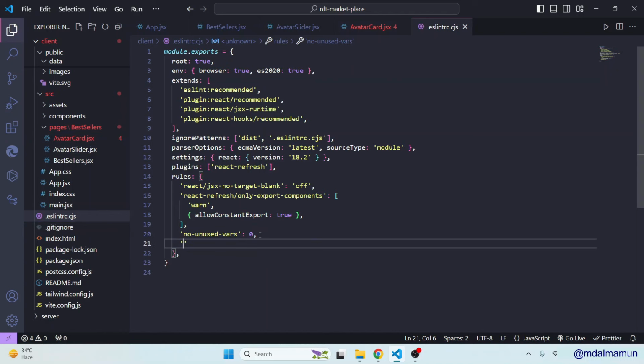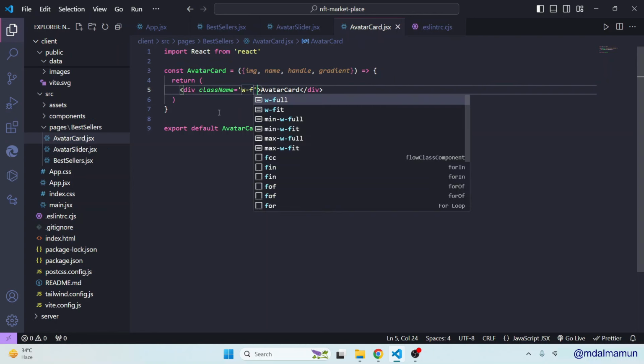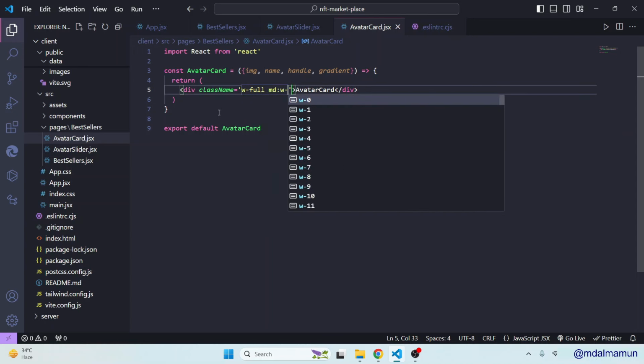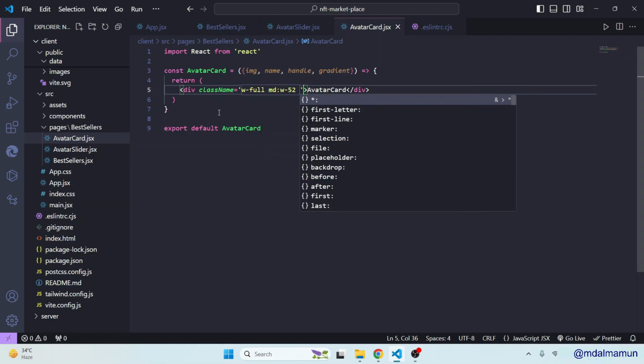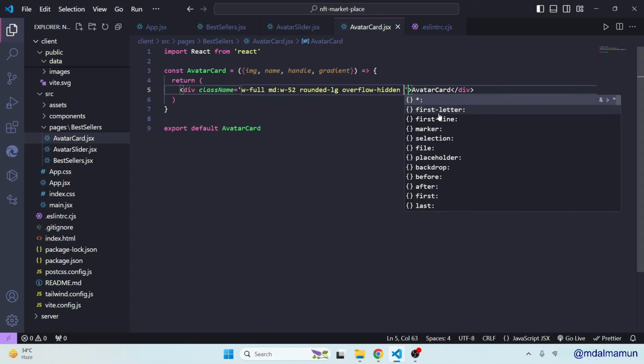Let me add another rule. So here that would be 0. Okay, so this is done, and now we'll have to design the card. For this we'll have a div, and here we'll define some class name. That would be w-full, and on medium devices w-52, and finally we'll have rounded-lg, overflow-hidden, and finally we'll have